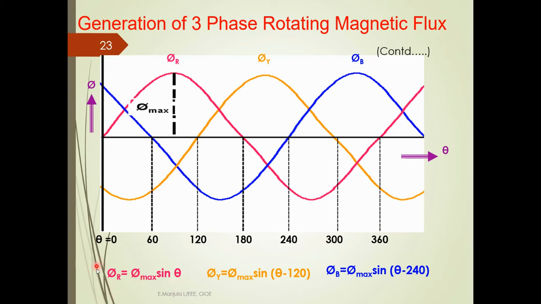In the same way here we have written phi R is equal to phi maximum sine theta, phi Y is equal to phi maximum sine of theta minus 120 because after 120 degrees it has started, and phi B is equal to phi maximum sine of theta minus 240 because after 240 degrees from the initial point phi B has started. Okay,